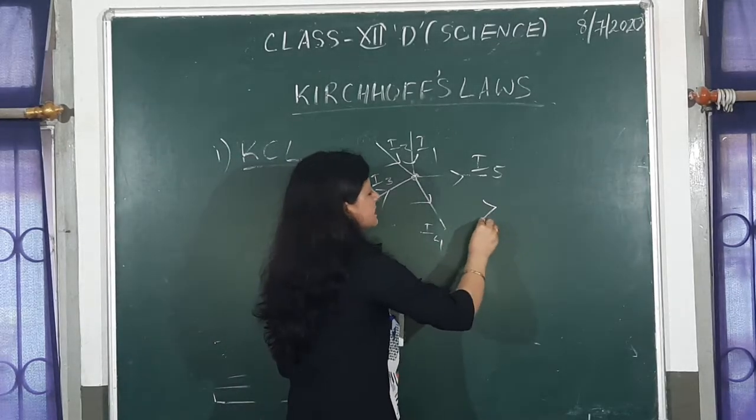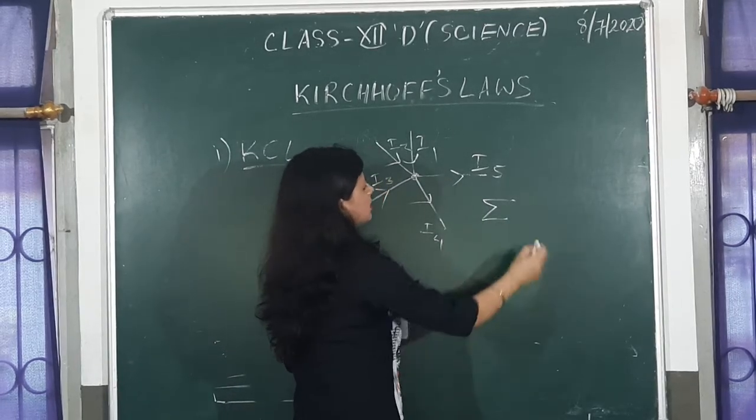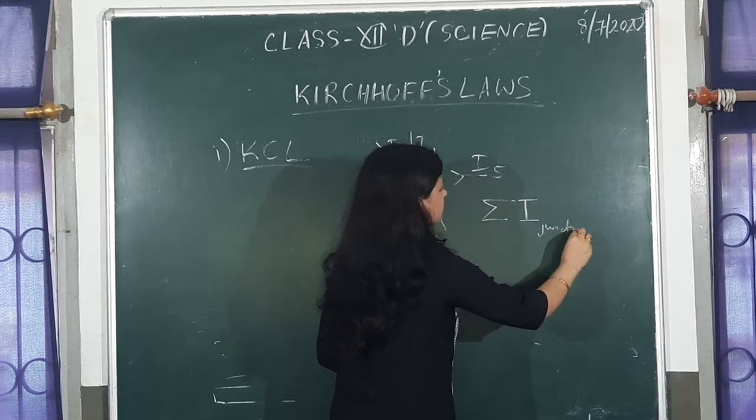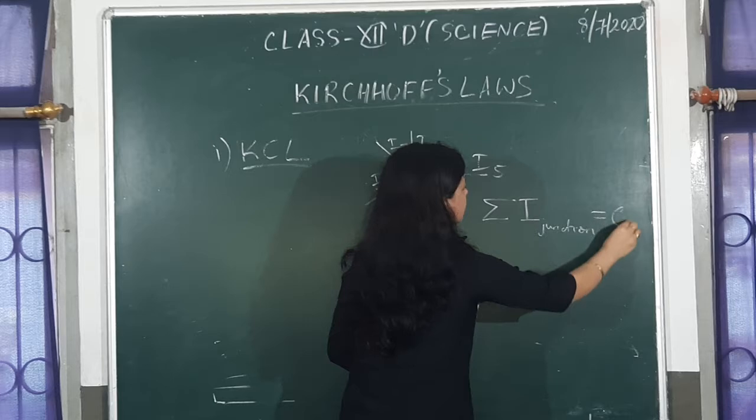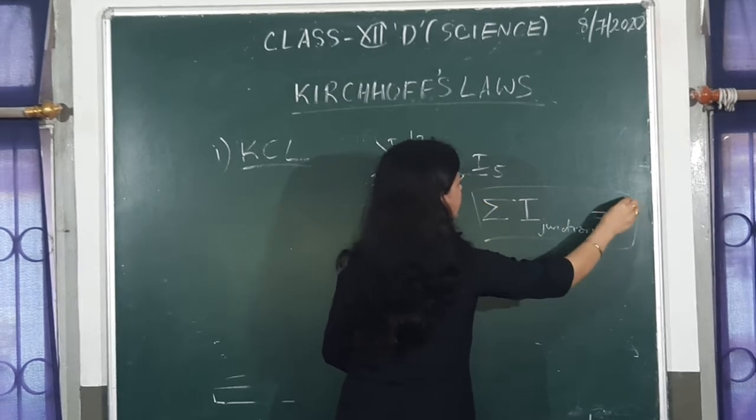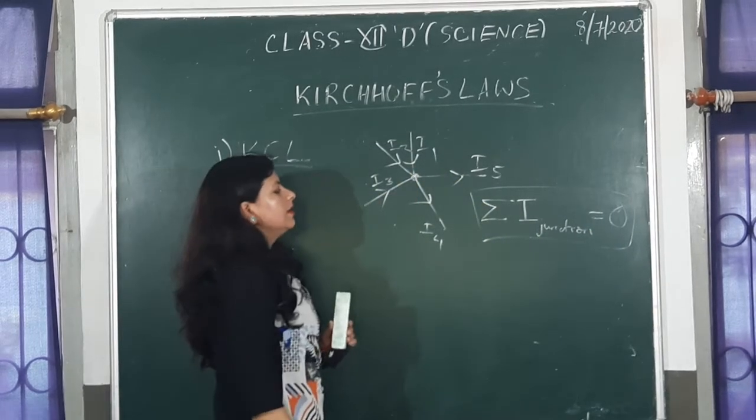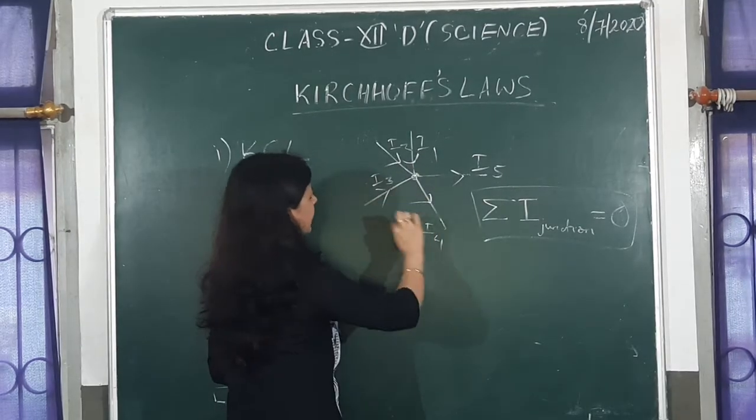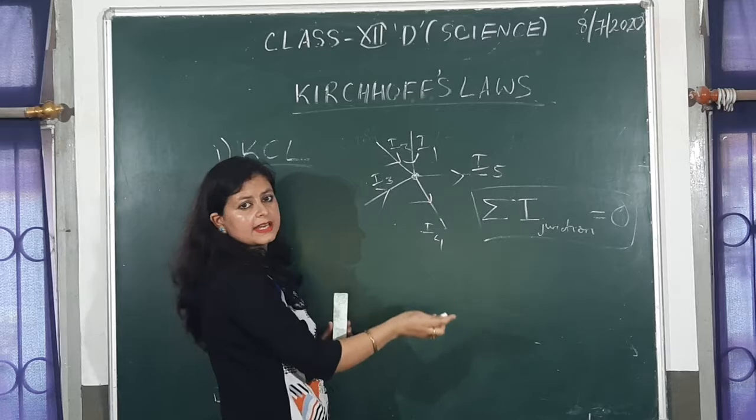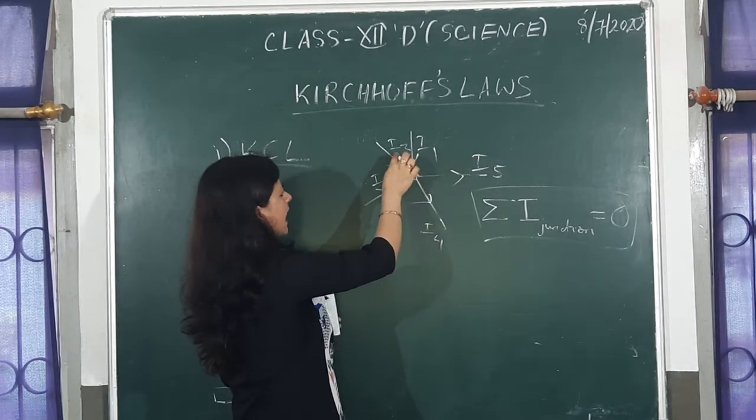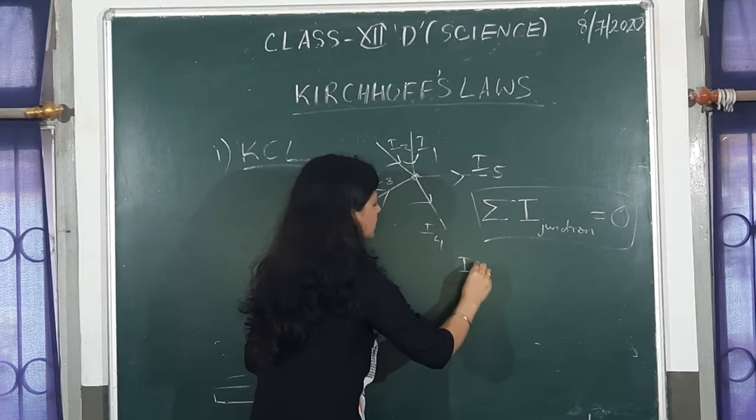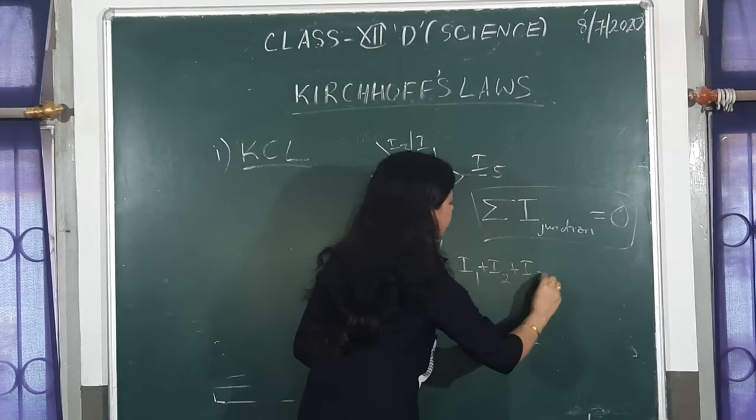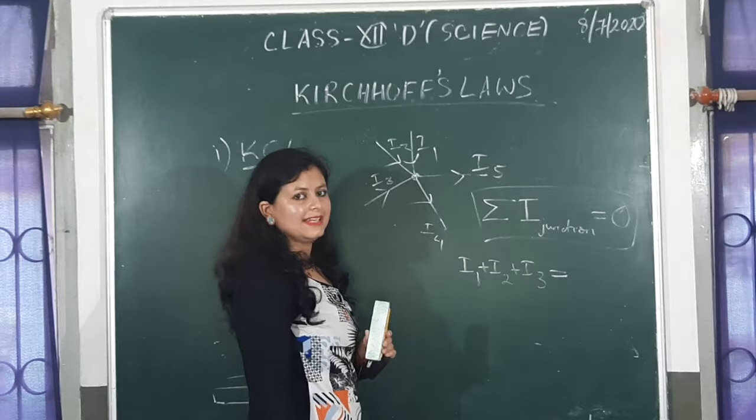That means sigma, which denotes summation of the current at the junction, is equal to 0. This is the shortcut to remember Kirchhoff's current law. If I want to write it elaborately, I can write it as the total current entering the junction. Which are the currents entering the junction? I1, I2, I3. So the total current will be I1 plus I2 plus I3 will be equal to the total current leaving the junction,